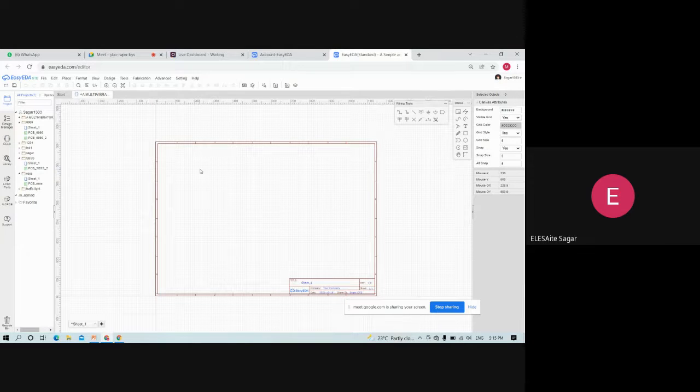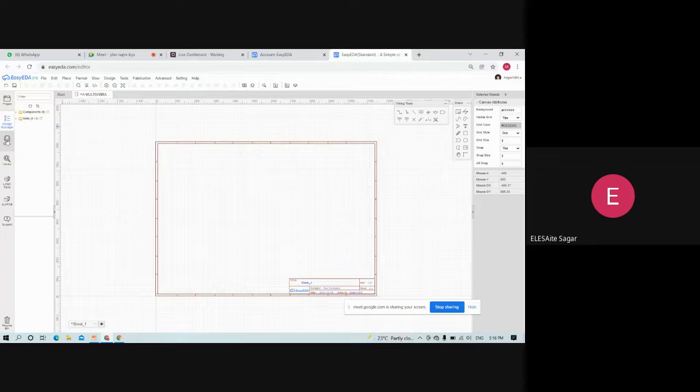So before drawing the circuit diagram, let me explain the software and its features. So this is the project folder. Here you can see the list of projects which were created in the past. And the next one is the design manager. Here you can see the list of components and the wiring details. Whatever components are used in the circuit diagram, that components list will be shown here. And if there is any error in the connection, it will show here.